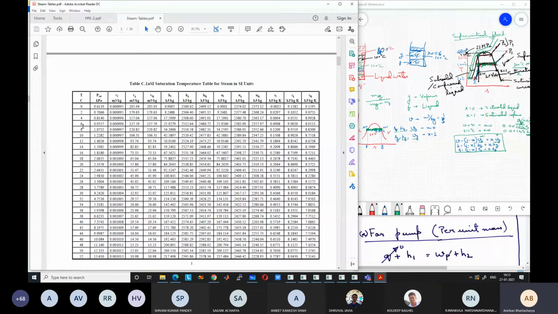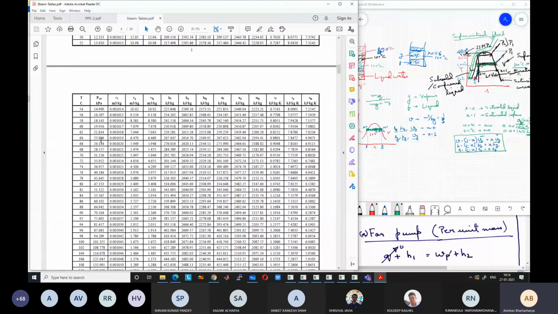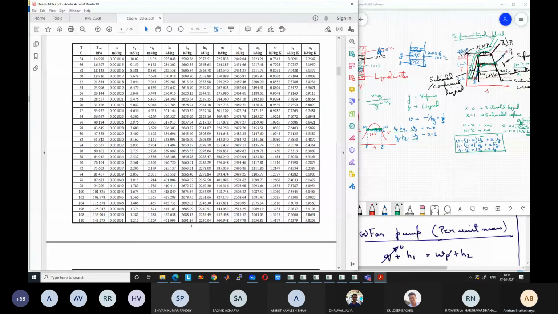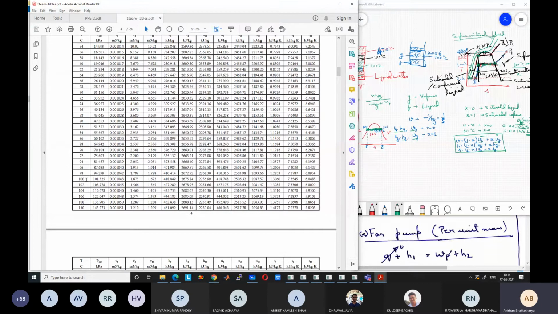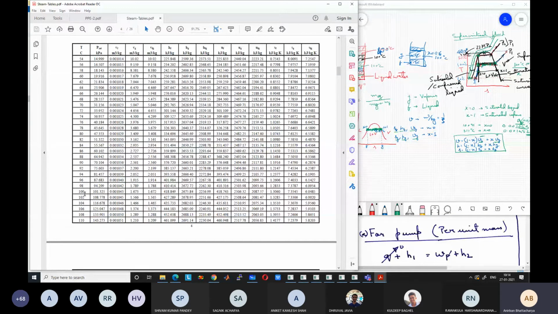Okay. The second column shows you the pressure, Psat. This is the saturation pressure. Saturation again means boiling pressure. So the pressure at which the boiling temperature is these values. So for example, the known boiling point of water we know is 100 degrees centigrade, right? I hope you can see, there may be some lag. 100 degrees centigrade is the boiling point that everyone knows. Okay. So this occurs at a pressure of 101.325 kilopascal, which is 1 atmospheric pressure.